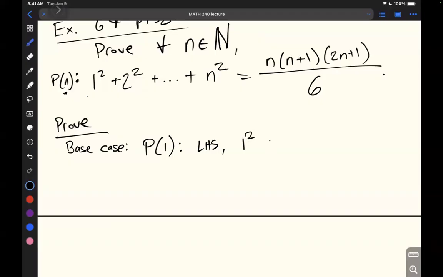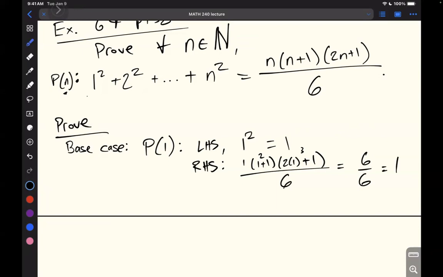So the left-hand side is just 1 squared, which is equal to 1. Very boring. We like that. The right-hand side is 1 times 1 plus 1 times 2 times 1 plus 1 all over 6. And this is 1 times 2 times 2 plus 1 is 3. 1 times 2 times 3 is 6 over 6,